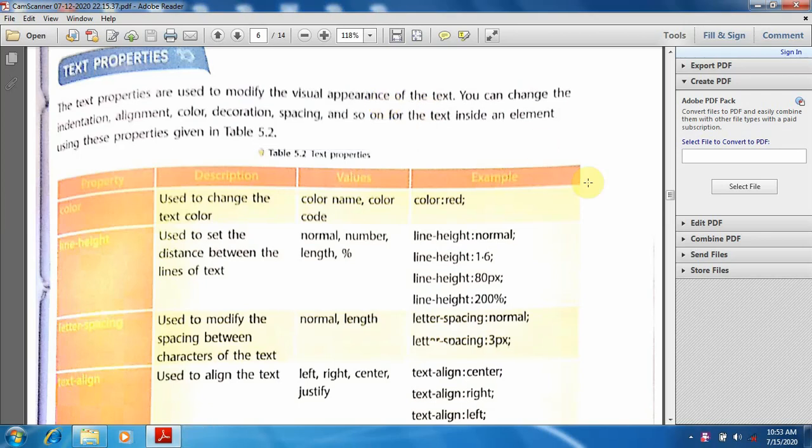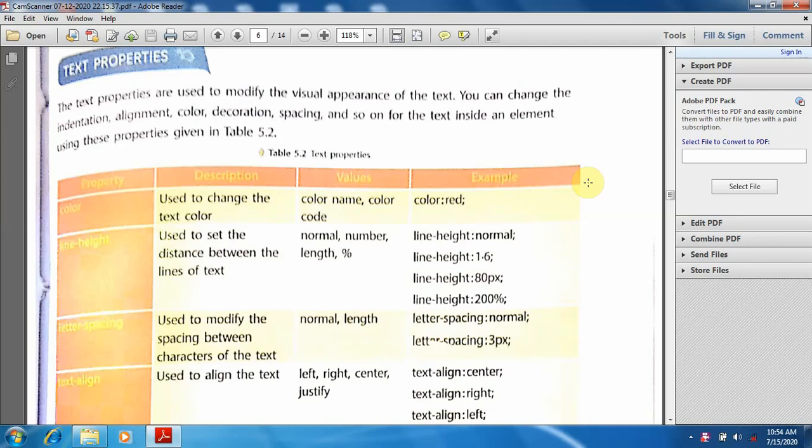Hello dear students. Today we are pursuing the same chapter, that is more on HTML. In our previous class we discussed CSS, its syntax, how we can apply different methods of CSS, and background properties of CSS. Now today we are going to start the topic text properties. How can we apply text properties in CSS?